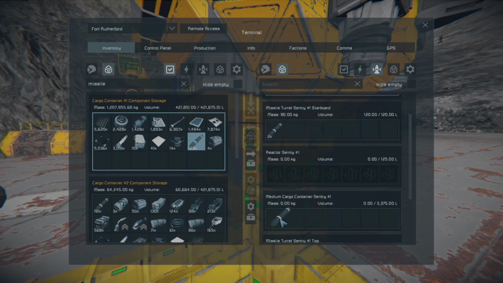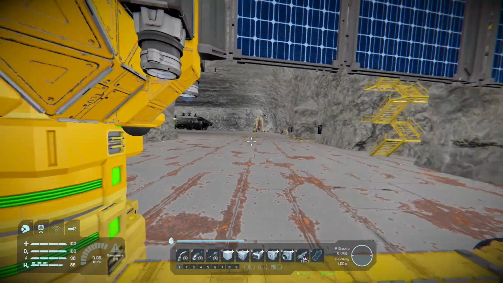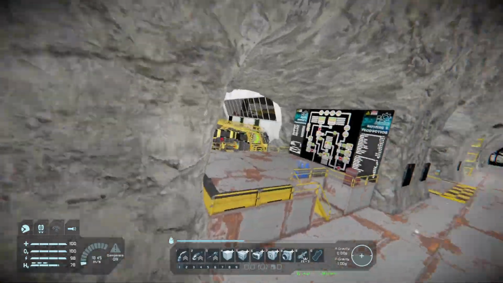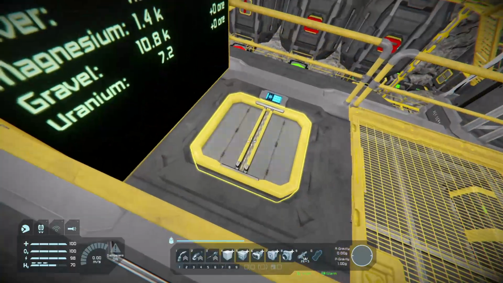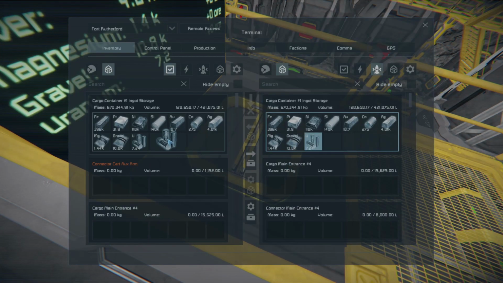Good. And yeah, I need some uranium as well, just to put in the reactor as an emergency supply. So I quite like having just those little reactors on and a little bit of uranium. Not much left though, so